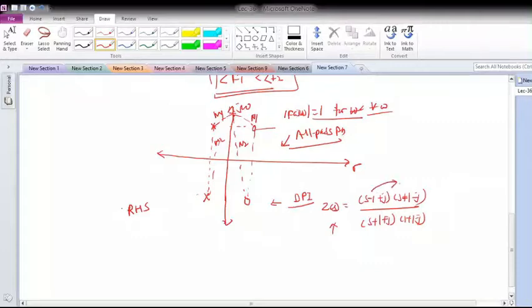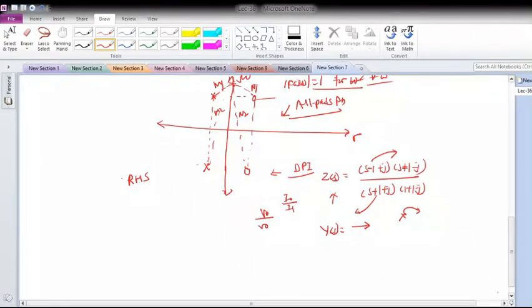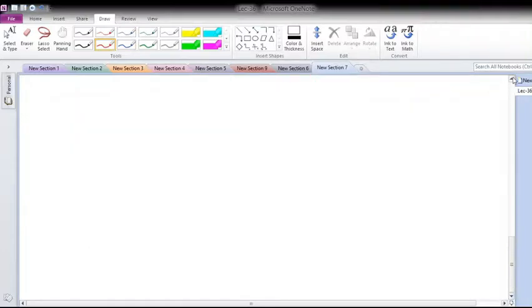So here what is happening? Zeros are lying on the right hand side of S plane, poles lying on the left hand side of S plane. But if I take the admittance, then what will happen? Due to this, the poles would have gone to the right hand side of S plane. And with this, what will happen with the network? Your circuit will become unstable. Okay, so all pass functions must be a dimensionless transfer function. That is, it should be the transfer function voltage ratio, or it should be the transfer function current ratio. Okay, so these are some terminologies that we should remember.